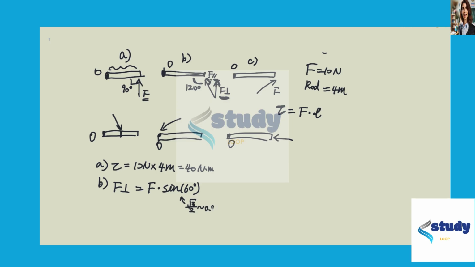So F is 10 Newton, and this gives us 8.6 Newton. And from that, we plug into this equation again. This is the equation we'll be using over and over. We have 8.6 Newton times, again, 4 meters, because the point of contact here is 4 meters from the pivot. And that gives us an answer of